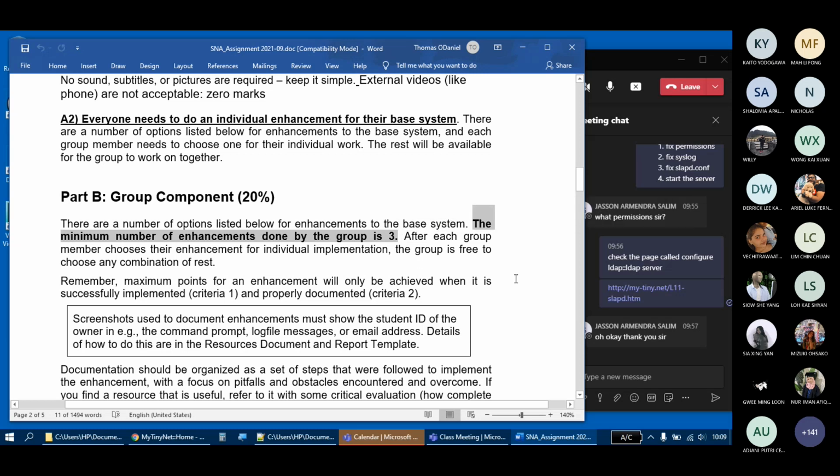So for a standard group of 3, the final report would have 1, 2, 3 individual enhancements plus 3 group enhancements. That means you would pick 6